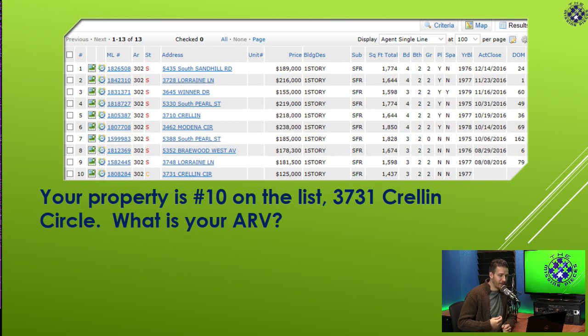But anything that you can think of that somebody might pay extra for, that's added value. A view of a golf course, a view of the city skyline. These additional things beyond the square footage and room counts. A bigger garage. If we look at sale number 7, that one doesn't even have a garage. Everyone else has a 2-car garage.